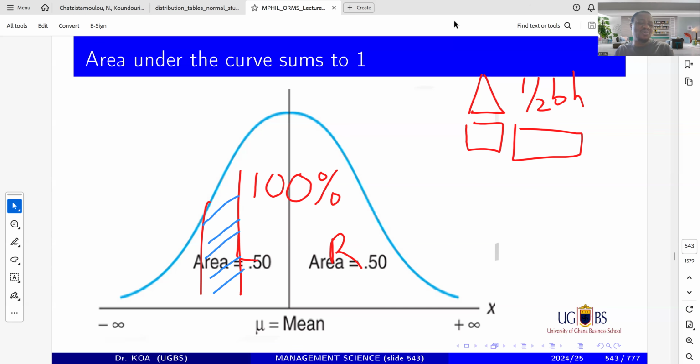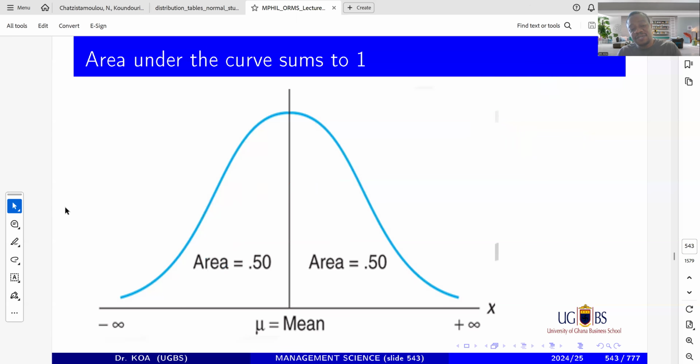But what will even make somebody want to ask you a portion of that area? Well, life is not a straight line. Sometimes you are dashing somebody money, so I don't want everything. I want to just see, oh, that is too much now. And that means he wants a portion of the area. That is why life will make you want to discuss a portion of the area.